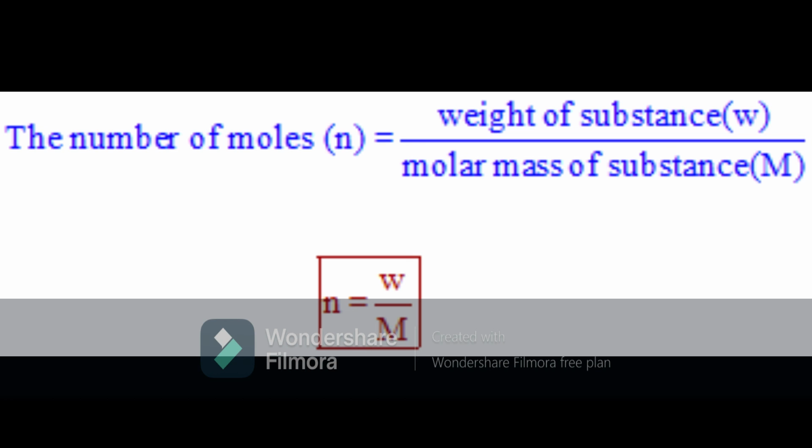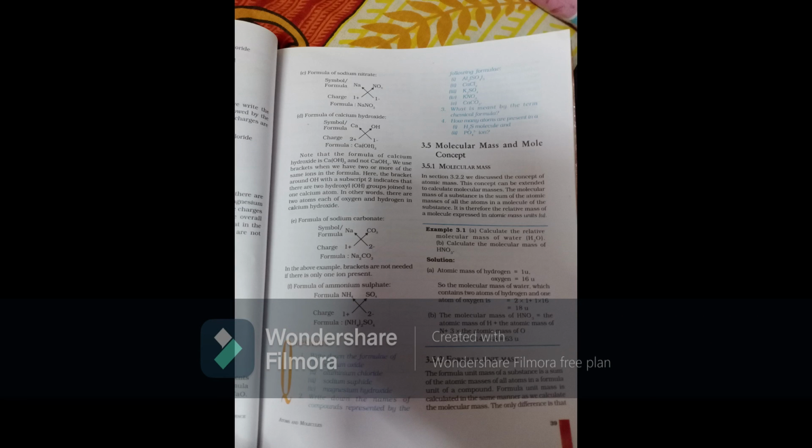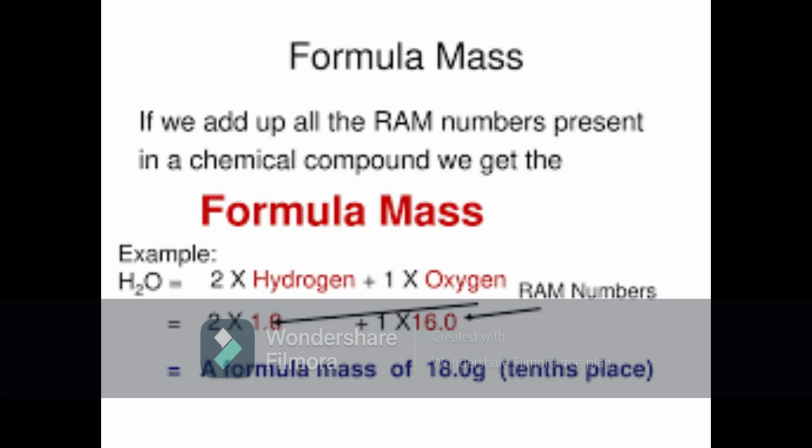You can see here, 52 grams means how many moles, we are going to find out. Next they told 12.044 into 10 to the power of 23 helium atoms are there. Find the moles. So for that, what do you have to know? First you have to know the atomic mass of helium. The atomic number of helium is 2. Its atomic mass is 4. Now they gave us 52 grams.